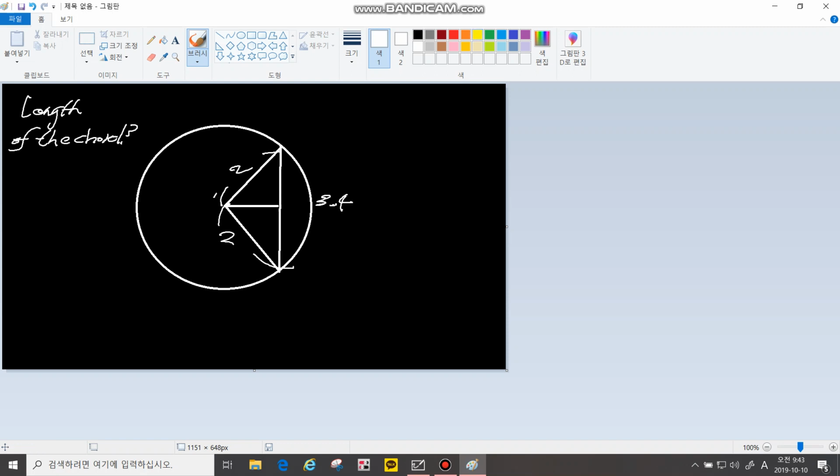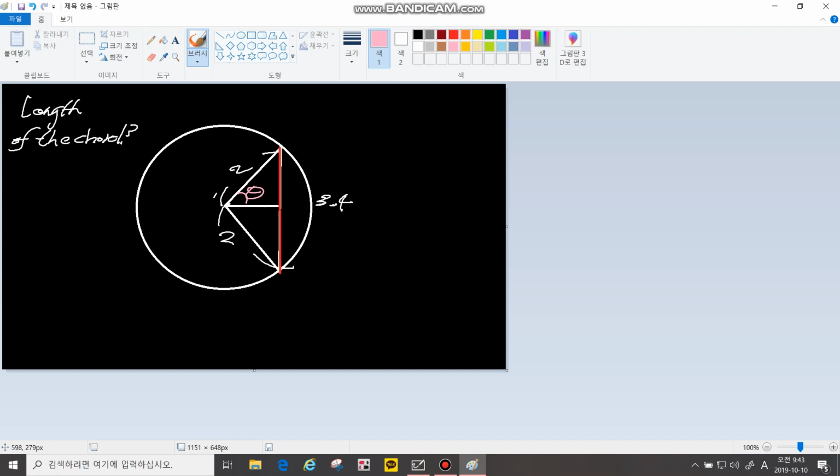So you need to get the length of the chord, which I will actually mark in red. Hold on. You need to get the length of the chord from here to here. Okay, you need to get the length of the red line. Pause the video, and I'll solve it now. Okay, I assume that you solved it. So as you know, let's put this as theta. Okay? Then